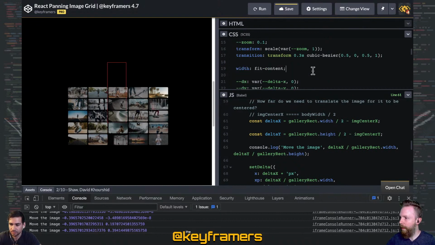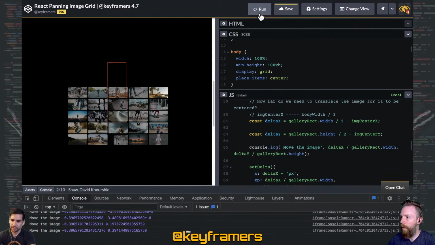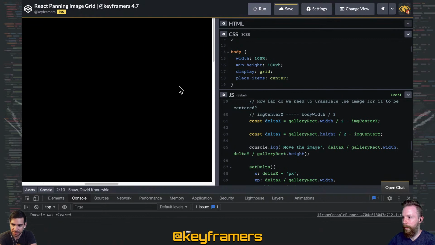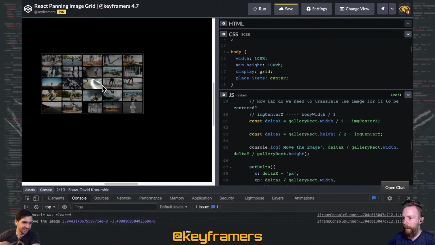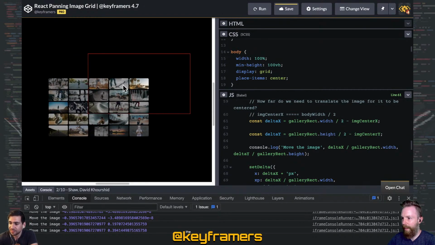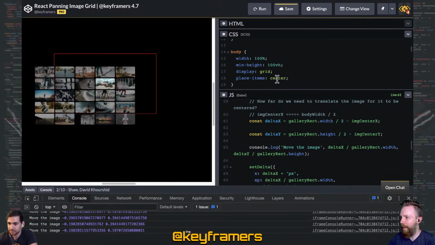Yeah, that's so weird. If we do this, let's say body with display grid center. So yeah, I'm pretty sure that people have made libraries for this, and they've spent days just figuring out the math here, so that you don't have to, but here we are. Okay, I mean it works a little bit better if we do